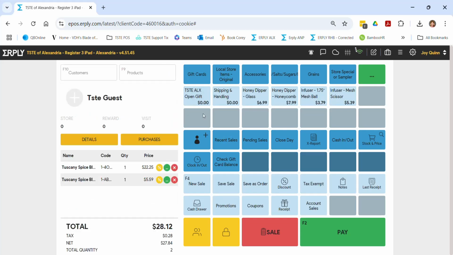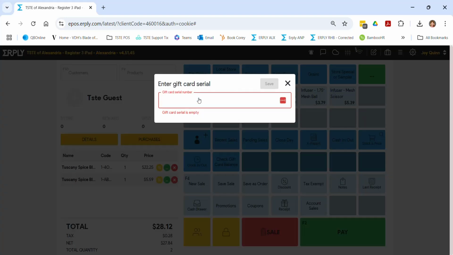From a gift card standpoint, the training, which is a PDF associated with this video, shows a bunch of different gift cards. We generally have an open gift card, which will prompt us for a serial number, which we will obtain through our normal process on the store desktop gift card serial tracker. So you will go to your gift card tracker, you will pull the next number, you will enter the number here,